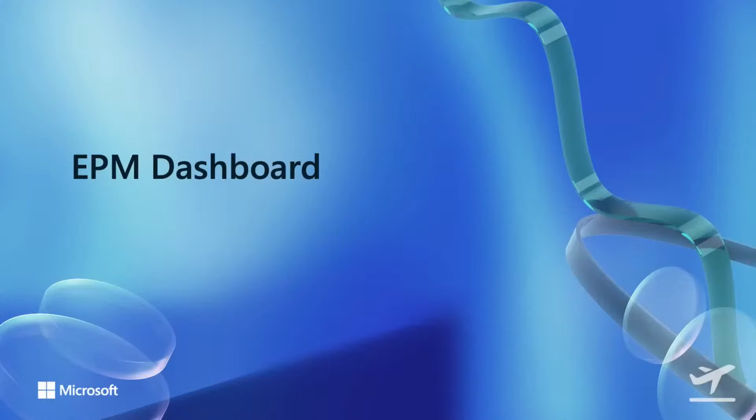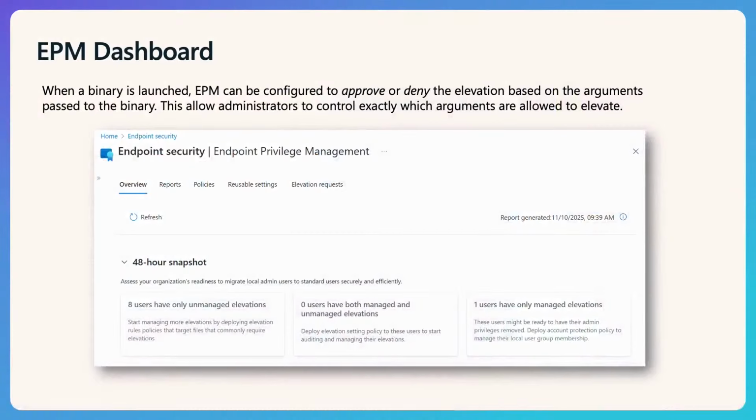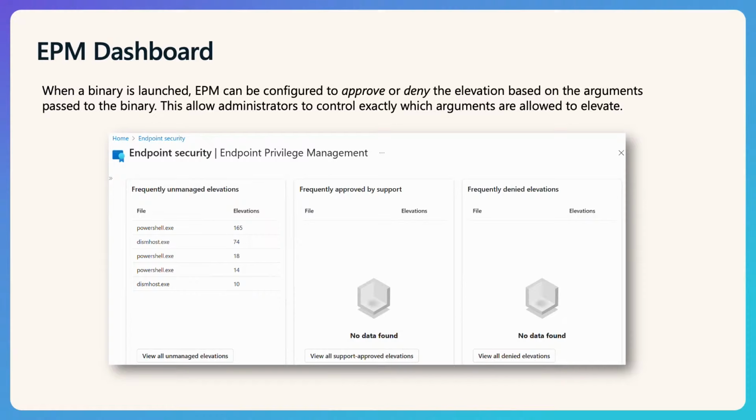So late last year, we added the EPM dashboard. The EPM dashboard gives you an overview. So we have a 48-hour snapshot where you can see all of your unmanaged elevation. You can see your users that have both managed and unmanaged elevation, and what users actually have managed elevation. So this is just the overview. If you scroll down, you can also see frequently unmanaged elevation. In this scenario, I don't have any support approved files, but they will also show up here. The same if you have put in rules for deny, you will also be able to see frequently denied